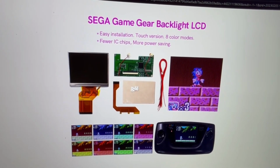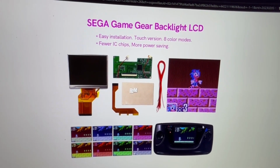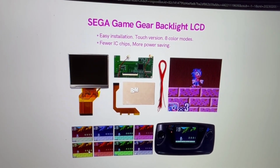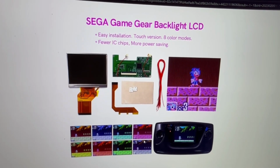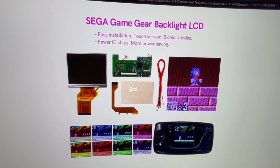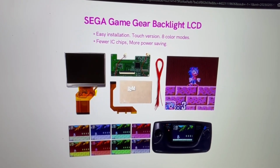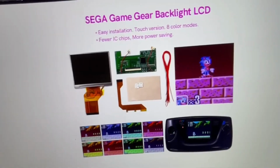You know, it also has where you can install these little touch buttons in the casing if you want to change the colors of the LCD backlight, which, yeah, I don't know. It looks like they're already pre-installed, so maybe I'll just do that. And then I'll go ahead and show you real quick what the